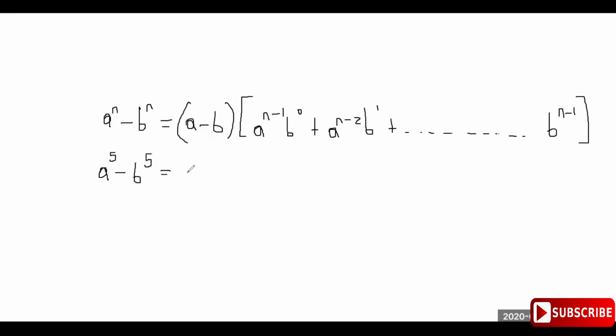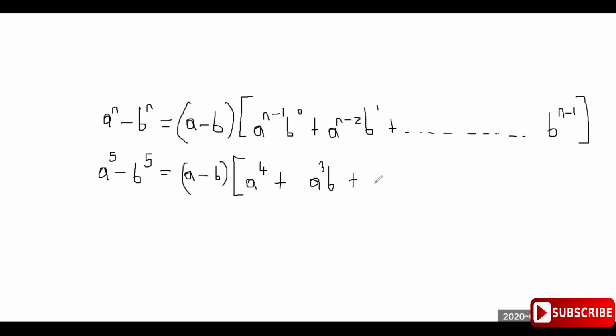So it's just going to be a minus b times, put 5 for n, and so it becomes a to the 5 minus 1, which is 4. B to the 0 is 1, plus 5 right here becomes 3 times b,